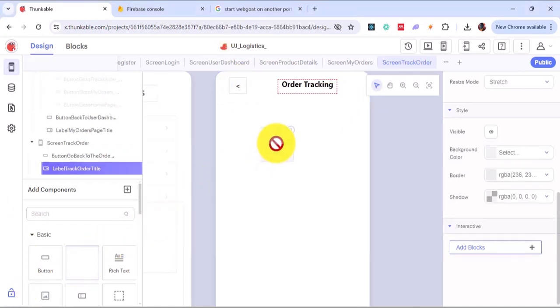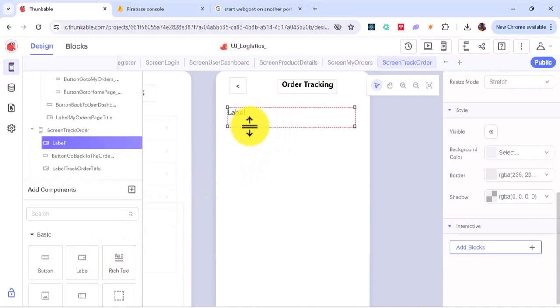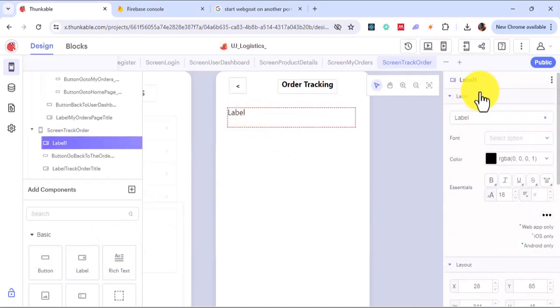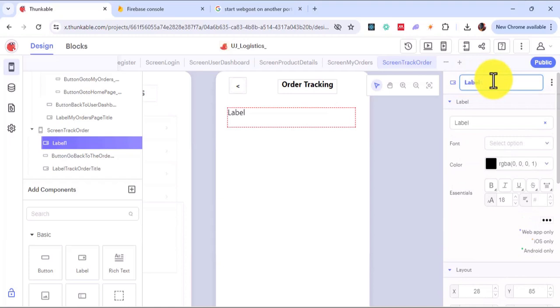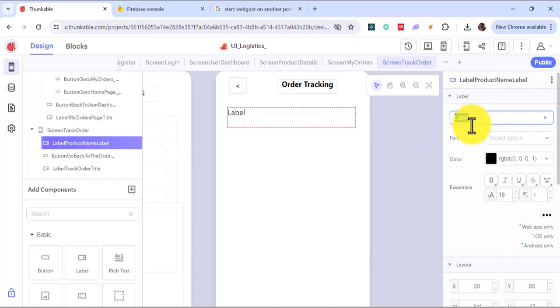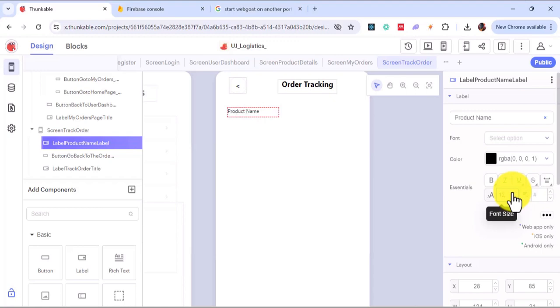So let's bring a label for the product name. You can just call this label product name. I call this product name. So I can just go ahead to reduce the size to somewhere around 12. That will be fine. And now whatever I have on the side will then be the actual product name,